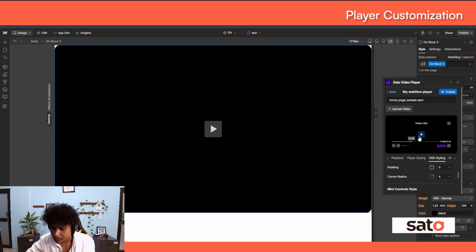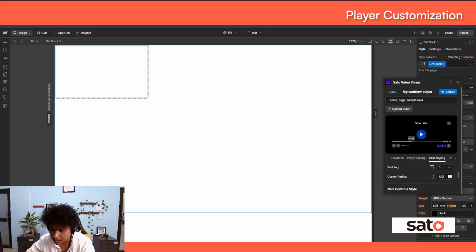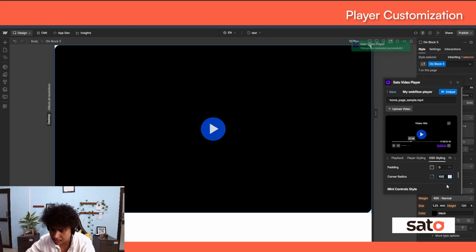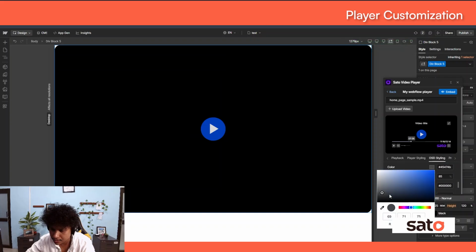And then I want my play button to be fully circular. I can get that too. And then I want the size to be maybe slightly bigger, let's say 100, and then this has become more like a square. So what I'm going to do is just increase this to 100. This is already a circle. And then in mini controls I want the same color here,